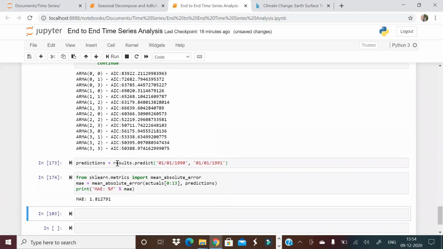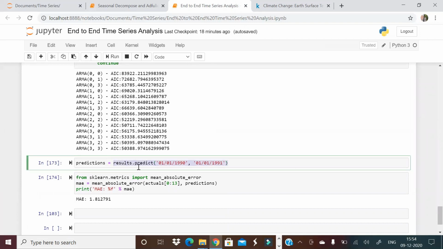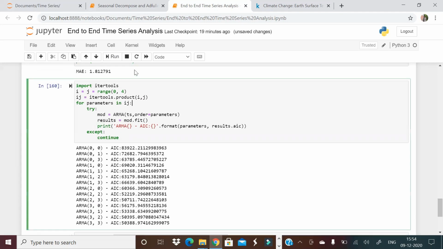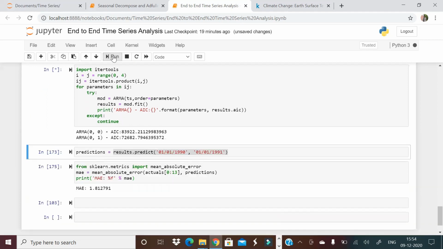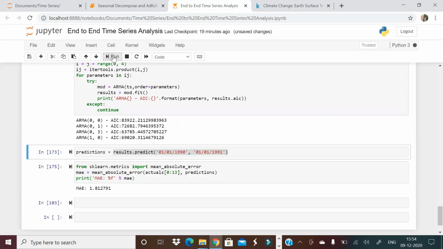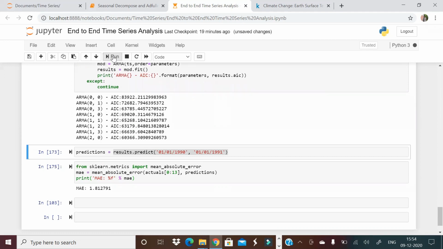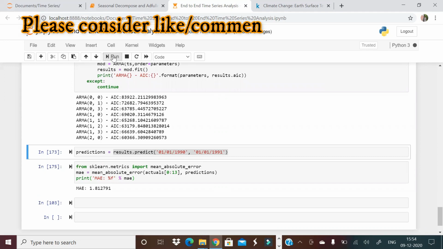So this is the results variable. Am I doing it right here? Prediction is equal to results dot predict. Results, predictions, actuals. Correct. Maybe I need to rerun this model, guys, because I have rerun the script from the beginning, and that results variable has been overwritten. Let's wait for a minute or so and see if this model completes. Then you will see that the best model, ARMA 3 3, will give you a better MAE.